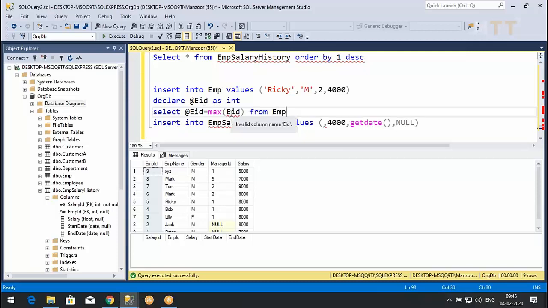It is not EID, it is EMP ID, right? Better we'll use EMP ID.